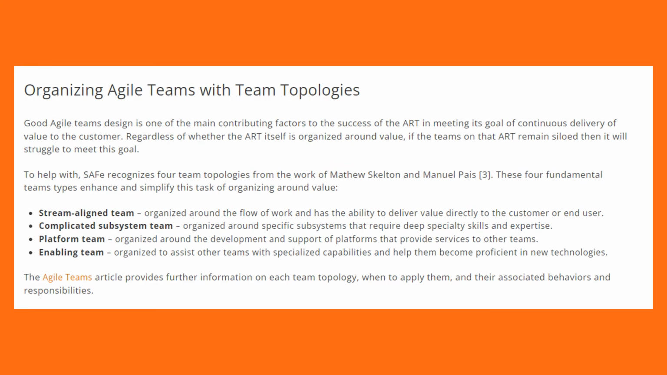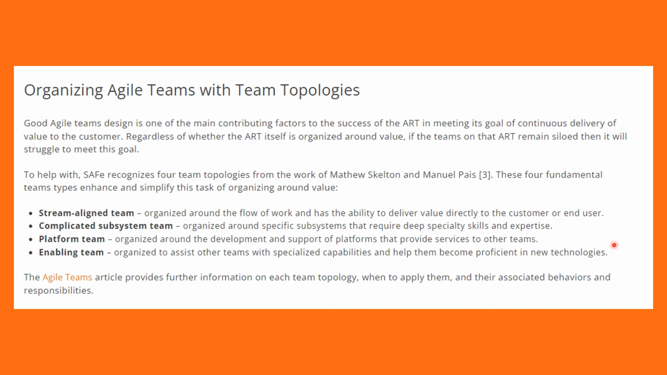The next step is organizing agile teams with team topologies. Having an ART topology within the value stream, we already talked about it. There are four fundamental team types or ART types you can use. Stream-aligned team, like ART organized around the flow of the work that directly delivers the value to customers and end